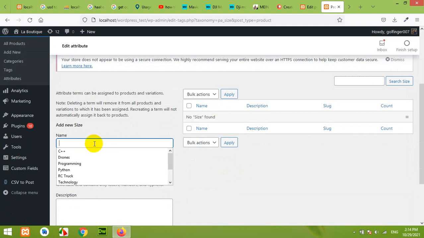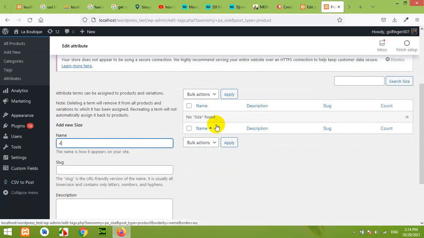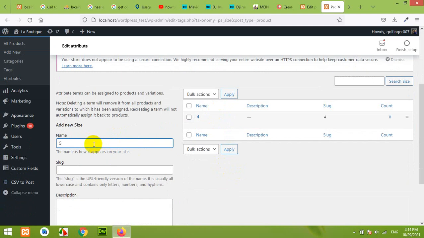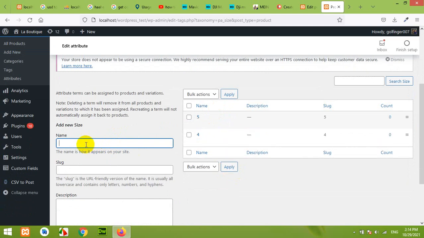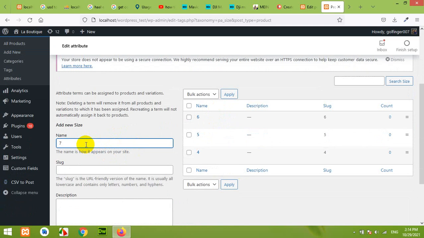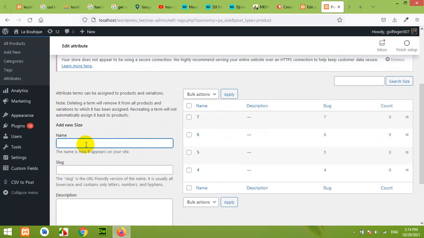Okay, now the size will be 4 and press enter, 5, press enter, 6 and 7. If you are using small, extra small, large and extra large, then you can use XL, double XL, triple XL, like that. But it's just an example, so you have to understand this.